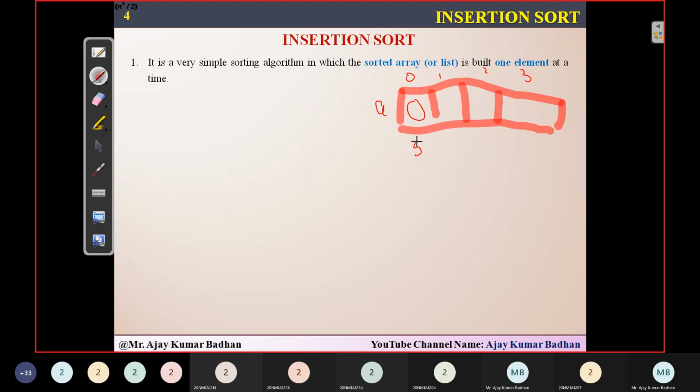suppose we have the values 5 3 1 4. Now if I ask you which is the smallest element among these four, you will easily identify that it is 1. Now insertion sort will try to place this 1 at the first location. That means in one iteration, or one pass, it will place the smallest element within this array into the first position. And in the next iterations, I think you can understand, that is nothing but looping.